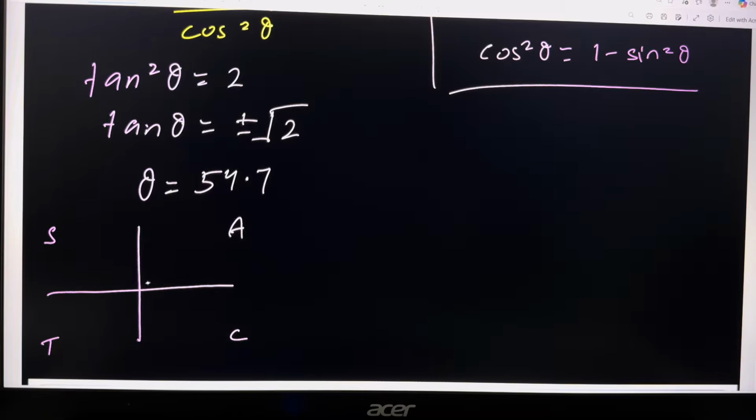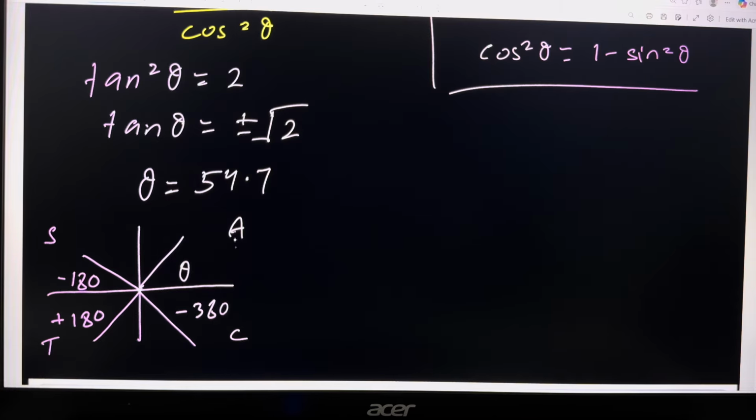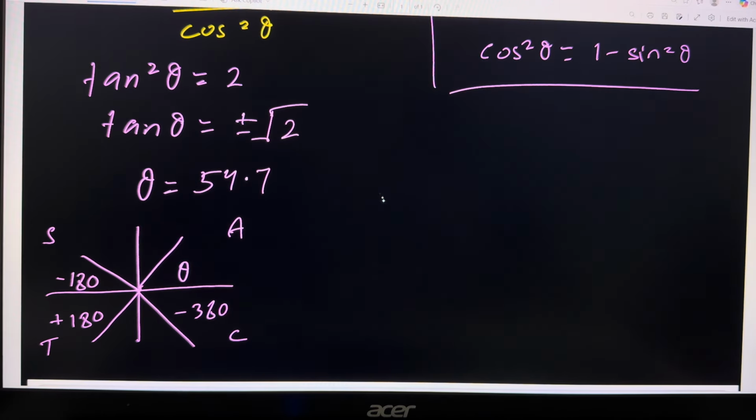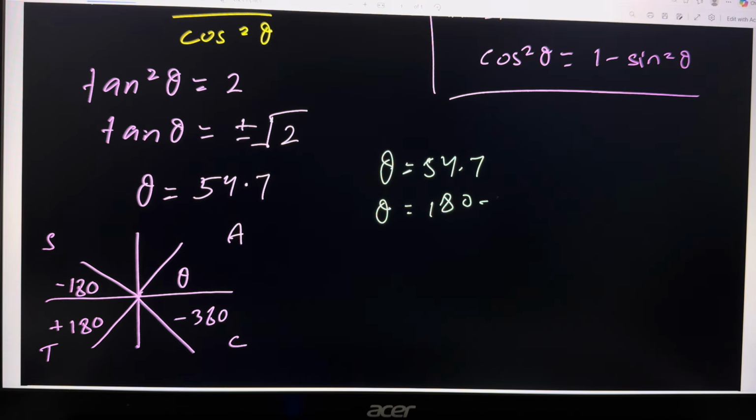So tan is positive in here and here, and tan is negative in the remaining ones. Here theta is the same, here you minus 180, here you plus 180, and here you minus 360, okay? So we're going to do this all with this theta. So theta is equal to 54.7, and theta is equal to 180 minus 54.7, which is equal to